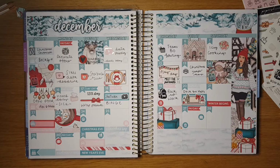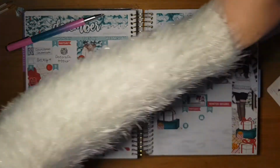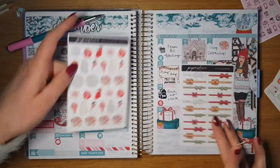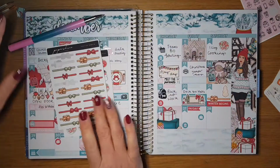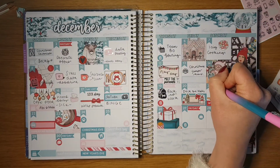Then, like I said, this 21st, it was the start of our Christmas holidays, and we spent this day baking some gifts, and what did I want to use for that? Baking some gifts and then wrapping presents. So I'm going to use the wrapping presents gift thing again, and then we made shortbread, so I'm going to use this other sticker here to mark that. And I'm going to use the gold one. And then we travelled up on the evening because I think my husband was working this day. So baking